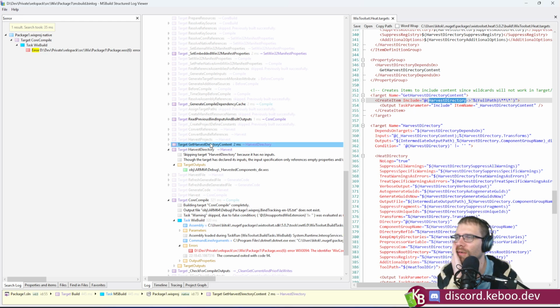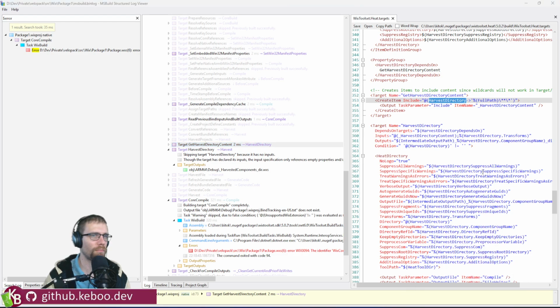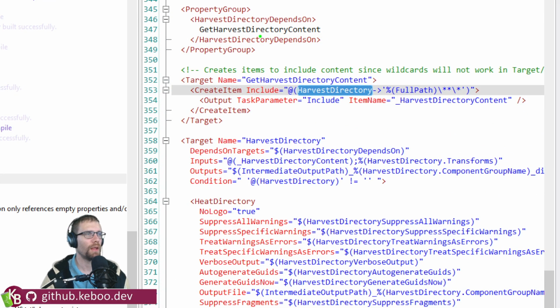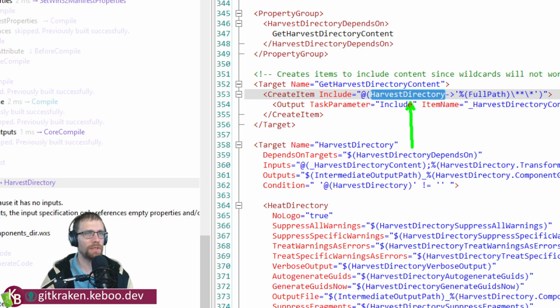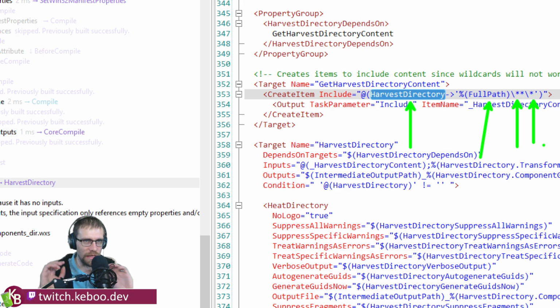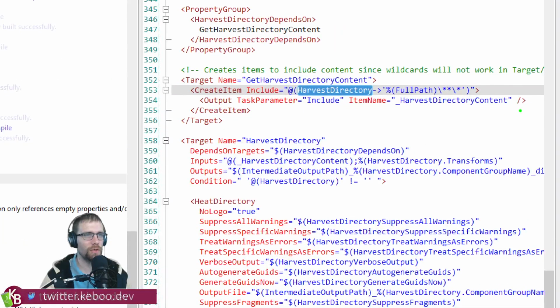So this entire get harvest directory content, the way you read this here, it's not blocking, right? How this target works is it says we're going to create a new item. We're going to look at the items here that are in this set of harvest directory. We're going to get their full path and tack on star star slash star, effectively recursively getting all the things from the fully qualified path. They output these items into a harvest directory content, and in MS Build,